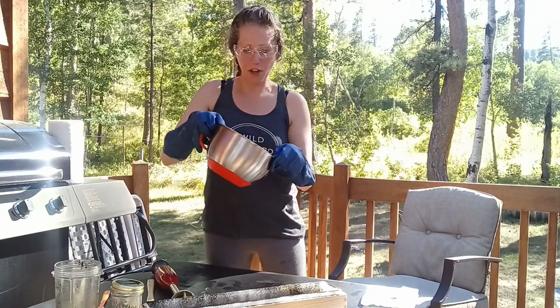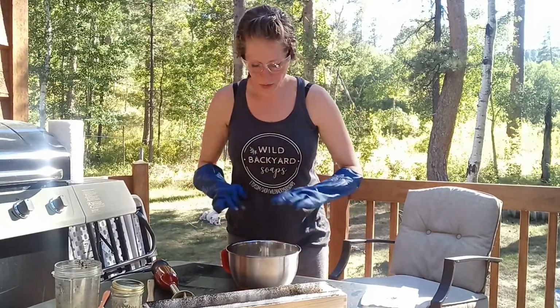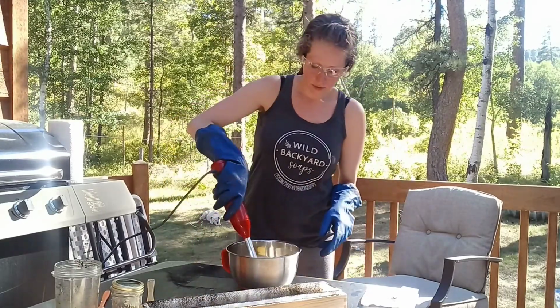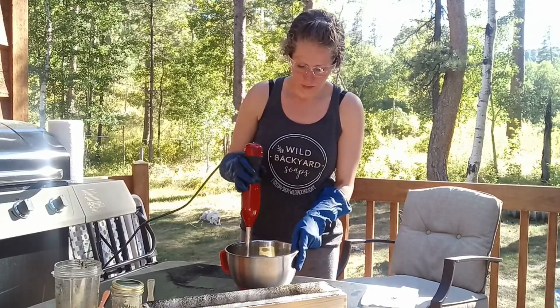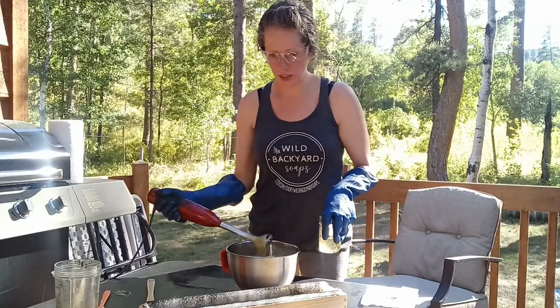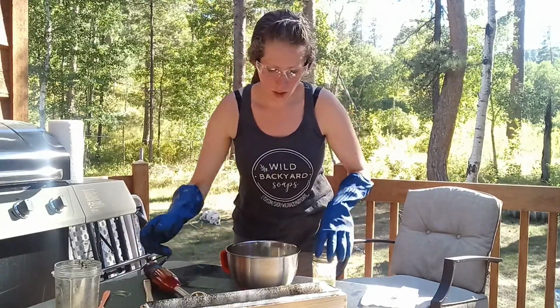See, even though I barely mixed, this is already starting to thicken up quite a bit, I've noticed. So this one, like I said, we're not adding any extra colors or anything, just essential oils. Yep, this is starting to thicken up quite a bit. So I'm going to go ahead and add this fragrance in. I don't know why this one...